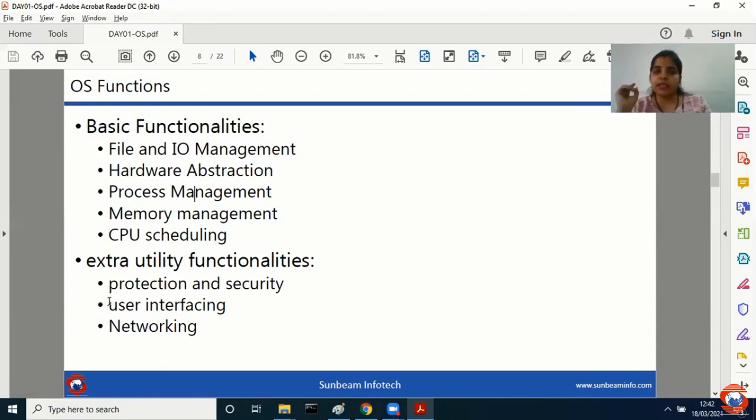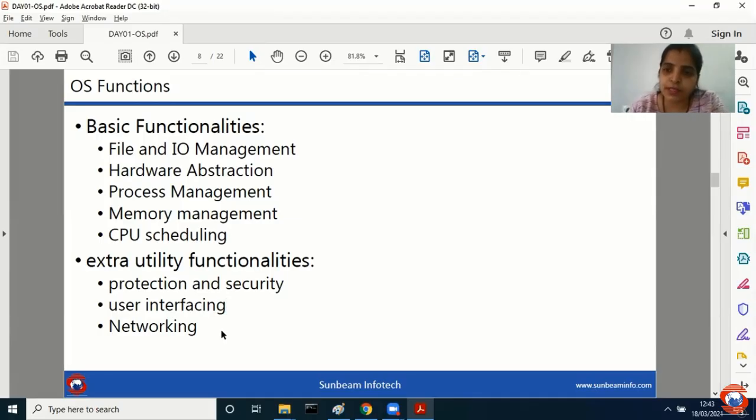Next, if I'm saying I am using Windows platform, then will it load the Windows GUI for you? Obviously yes. If I'm saying I want Ubuntu platform, will it load the Ubuntu user interface for you? Of course yes. Next, if I say I want a user interface as per my requirement, you can use applications your own way, you can make your own GUI, different GUIs are available, themes are available and so on.